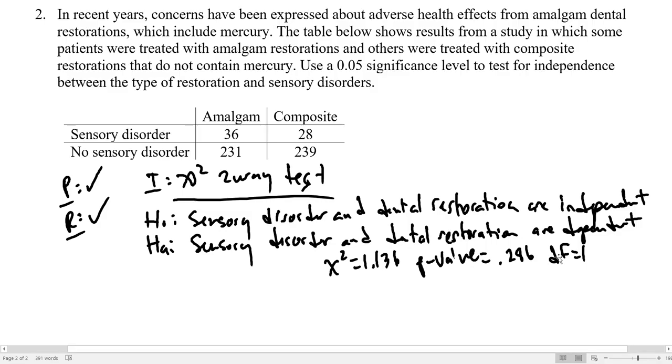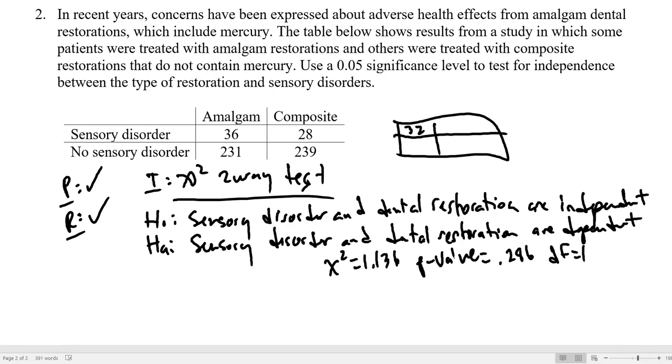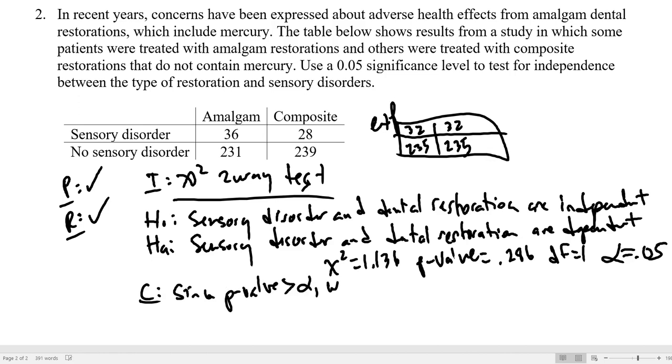32, 32, 235, 235. This is what we would expect if there was no relationship. Were the numbers far enough off to make a significant difference? Well, p-value is greater than our alpha, which means we conclude that what? Since the p-value is greater than alpha, we fail to reject